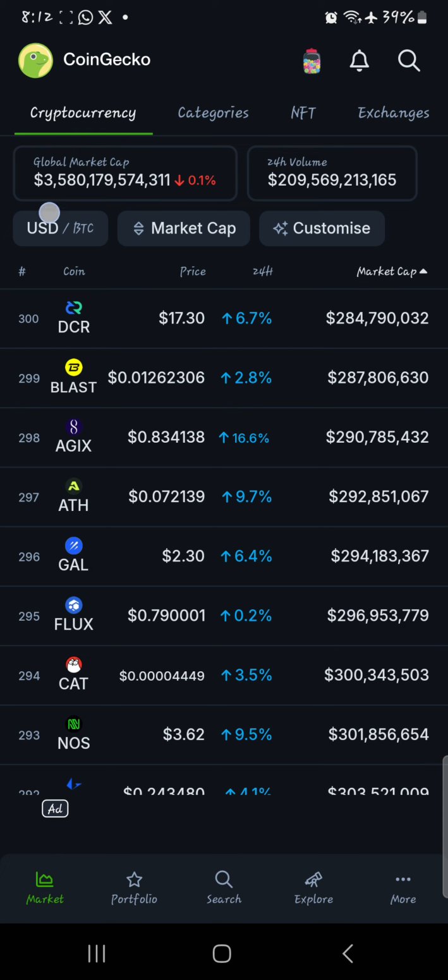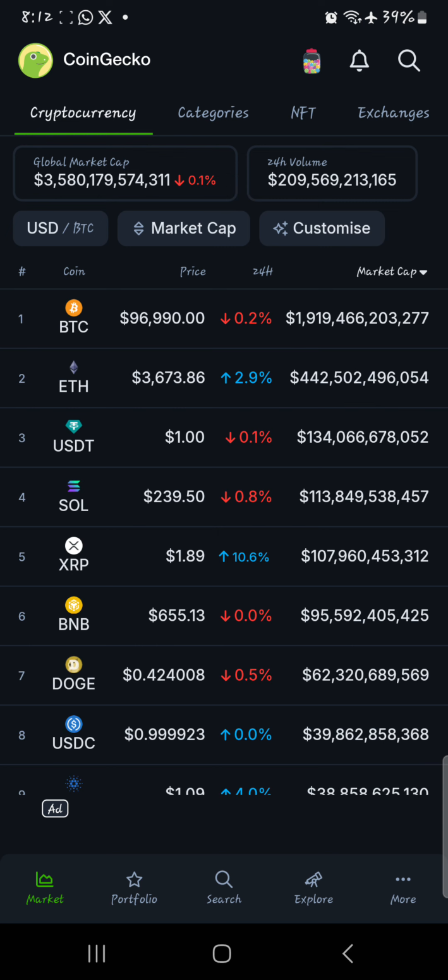This is the global market cap, or cryptocurrencies' total market cap. This is how you basically tell how the entire thing is doing, right? This is the volume for the last 24 hours. So you can change these based on market cap. Now the highest at the top, Bitcoin of course, followed by Ethereum. You can change these based on